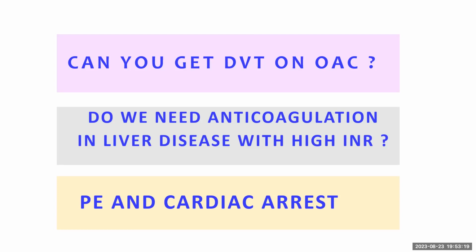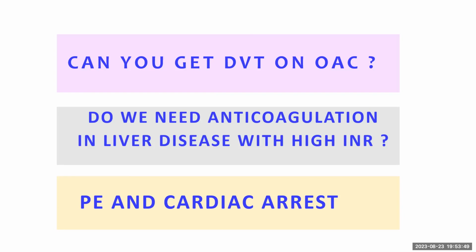Do we need anticoagulation in liver disease with high INR? Liver disease is a situation where there is balanced rehemostasis. There's alteration in the procoagulant and anticoagulant factors and pathways, so there is a tendency towards clotting in liver disease. There's a risk of clotting, and a risk for DVT also. But generally, we do not use anticoagulation in patients with liver disease because there's a risk of bleeding also, and